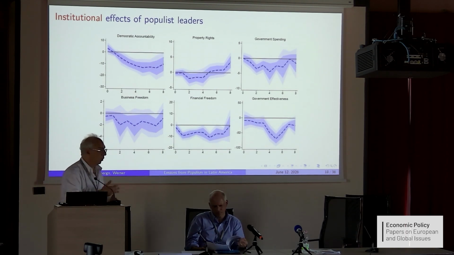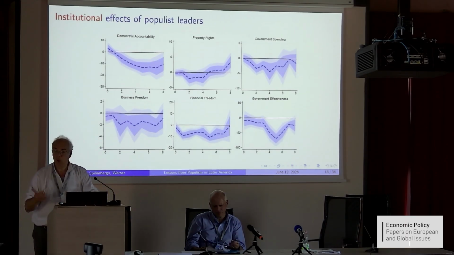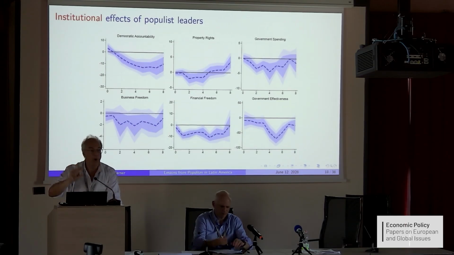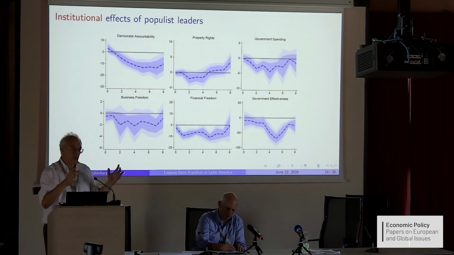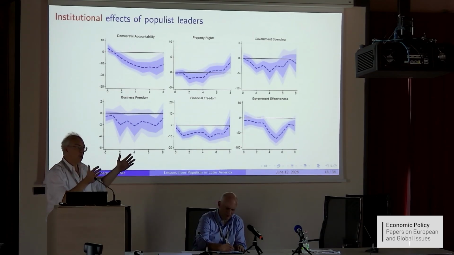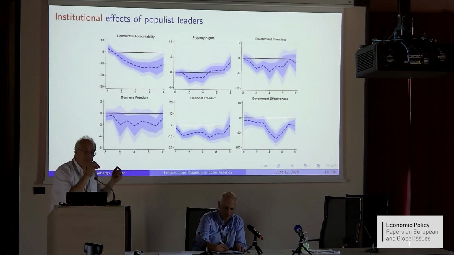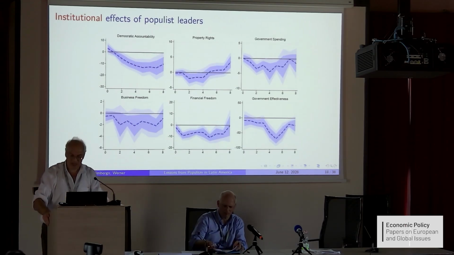You take out any check and balance. You have business freedom also decreases. And this is very important: it is left and right populist. Because in the classification, people say, oh, if you are right populist, at least you are good for the economy. No, this damages both; the institutional damage is in both cases. Because in both cases, for their own purpose, they disable check and balances.